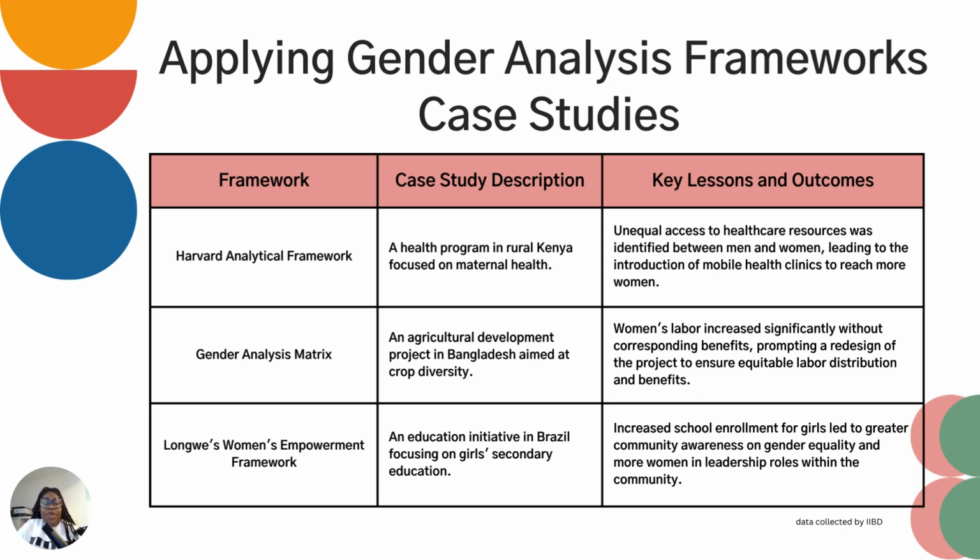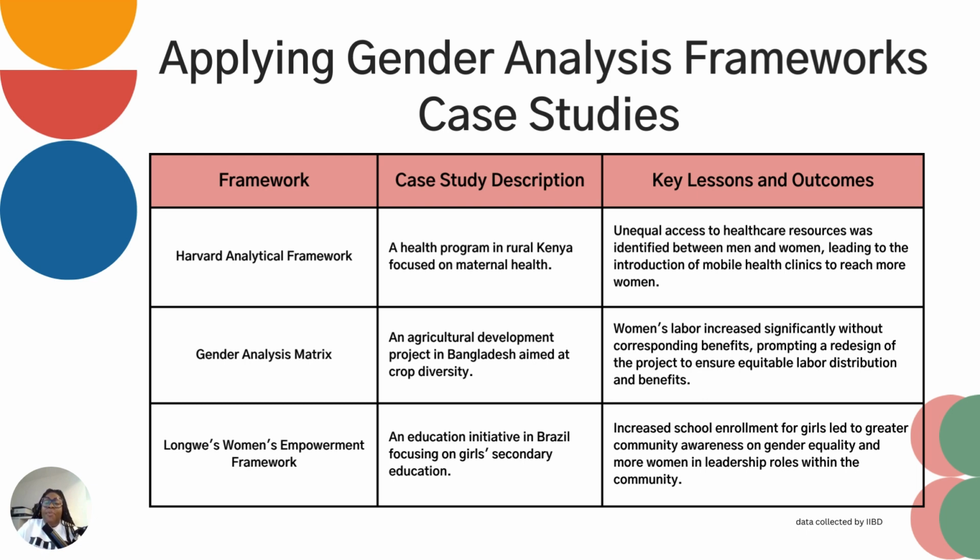We look at the third framework, the Longways Women's Empowerment Framework. This was pivotal in an education initiative in Brazil. The initiative focused on increasing secondary education enrollment among girls. By applying the framework, the program not only achieved its goal of increased enrollment, but also sparked greater community awareness about gender equality. Over time, this led to more women assuming leadership roles within the community, demonstrating a significant shift